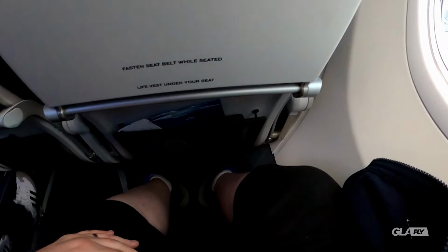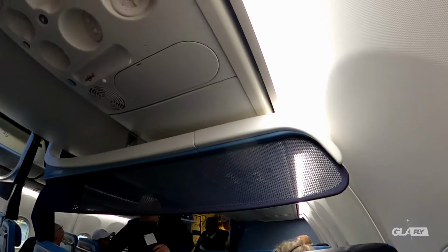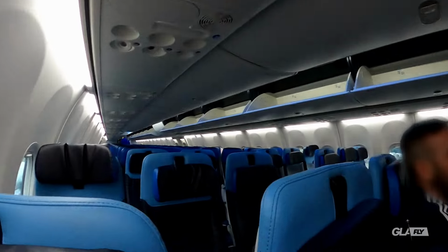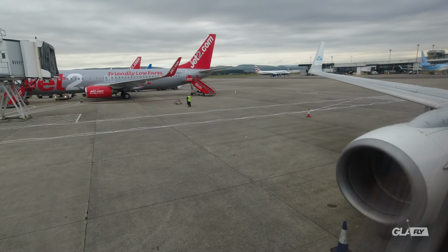Legroom is excellent. The extra few inches in economy comfort really make all the difference. Each seat also comes with individual reading lights and air vents. It's clear that the aircraft has been refurbished at some point, as it still feels fresh, clean and bright. It's also busy in Amsterdam, so we expect to start the engines in about...